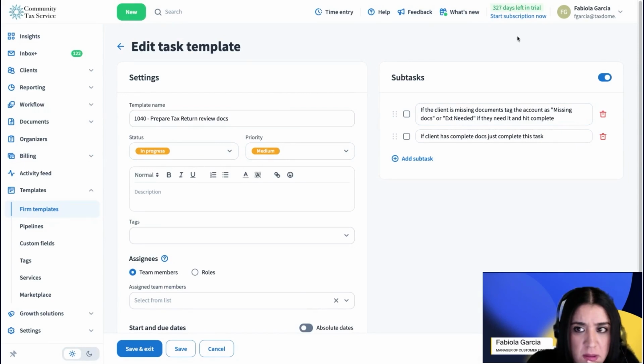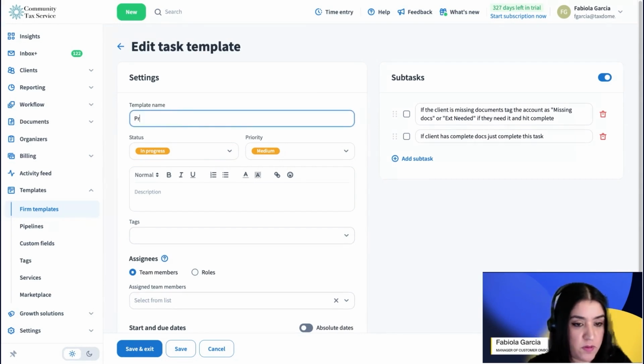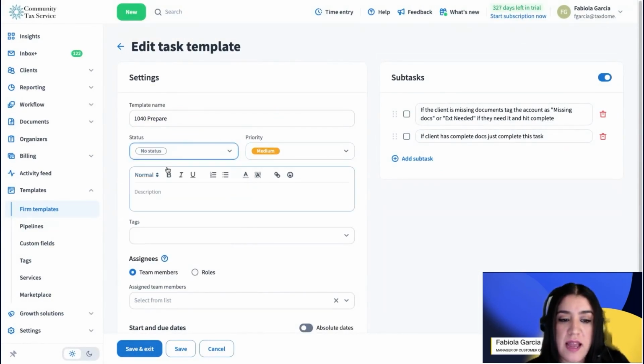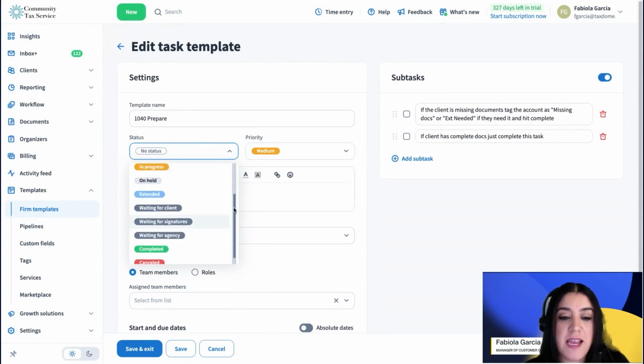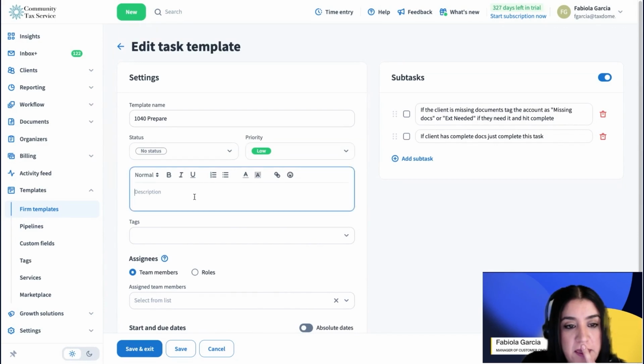I'll choose this one and I'll modify it shortly. So in this case, this is prepare tax returns. And you can rename this to whatever you'd like. So I'll do 1040 prepare. And in this section, you can have a status here that you can have no status or any status. The only thing you don't want is to have a starting status of complete. The goal is for your team member to hit complete on here. I'm going to do low priority here, and then I